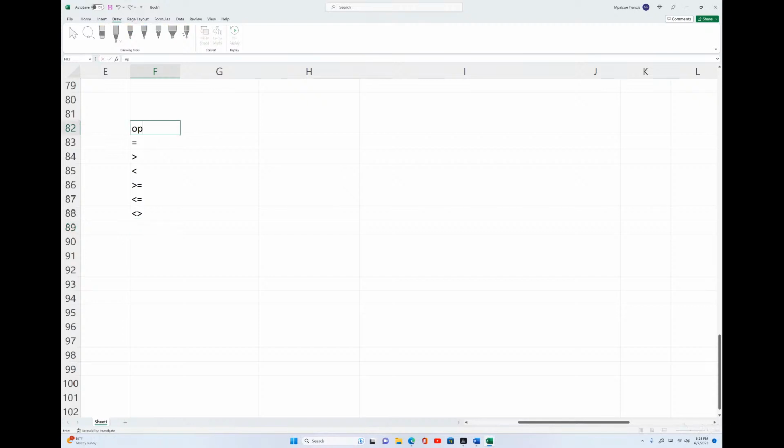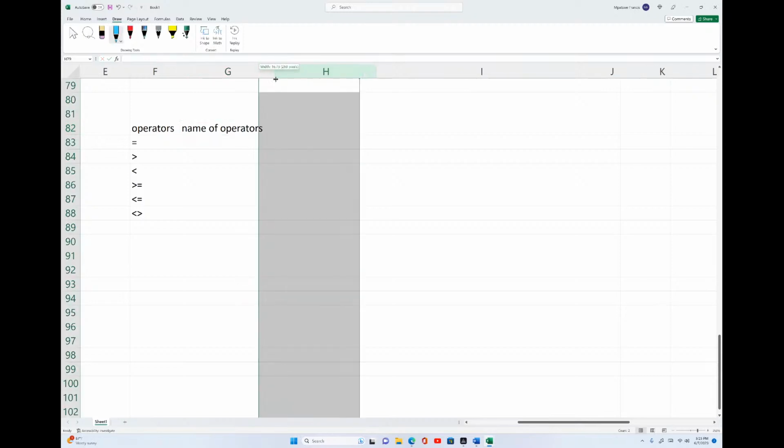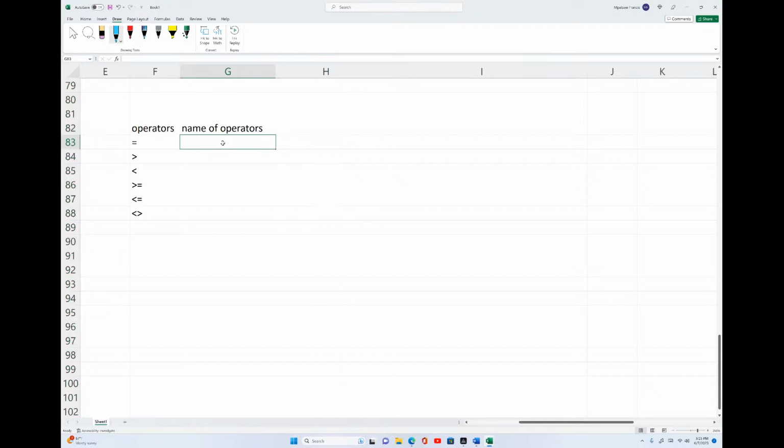These are operators. Then I have the name of the operators. Say this is the same as equal to,